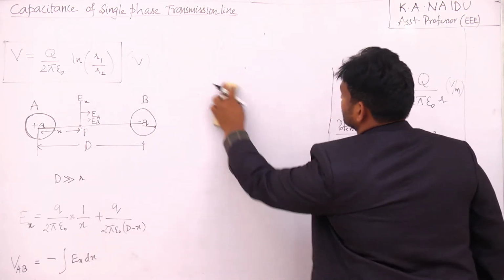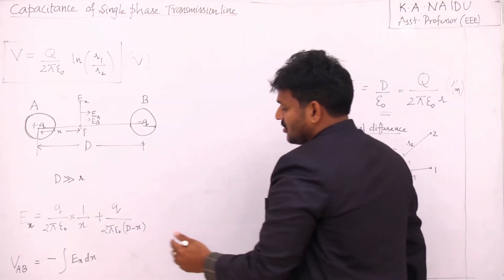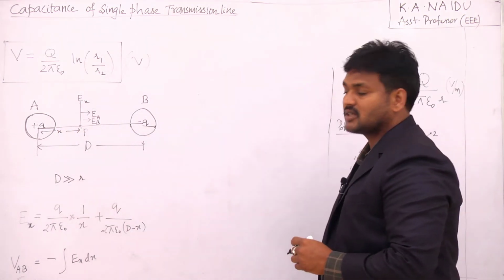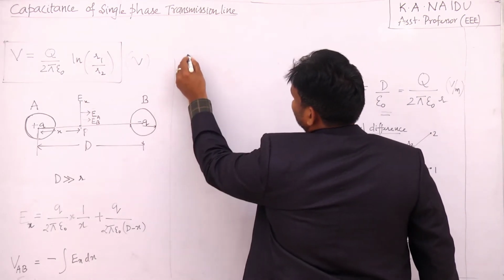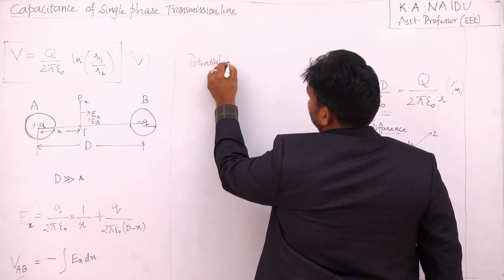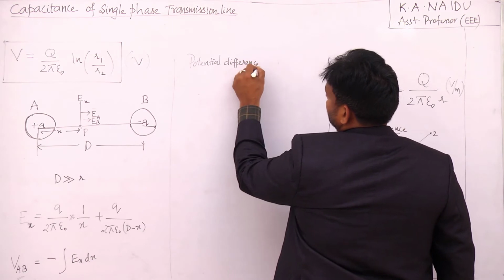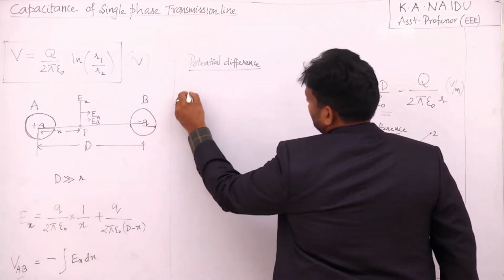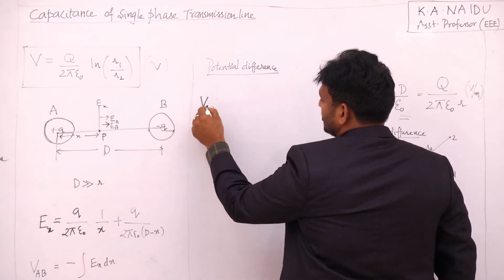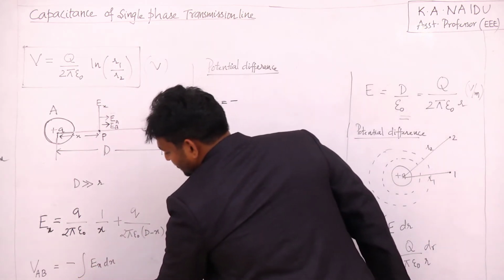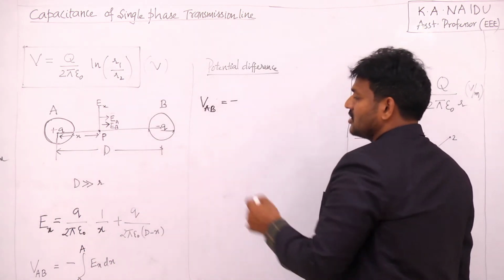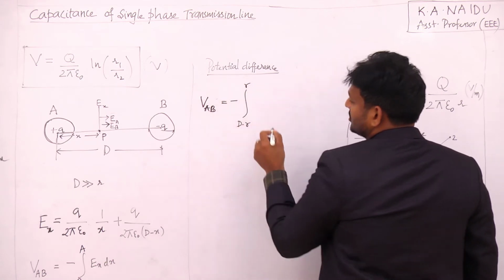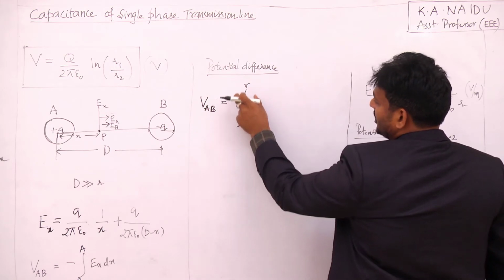Therefore, we integrate the voltage VAB within the limits x equal to R to x equal to d minus R. Therefore, the potential difference VAB, between point A and point B, is obtained by using this relation within the limits of the distance of B and similarly the distance of charge A. So VAB is equal to minus; the distance of B is D minus R, and the distance of A is R. So we are moving the charge from a point D minus R to R,